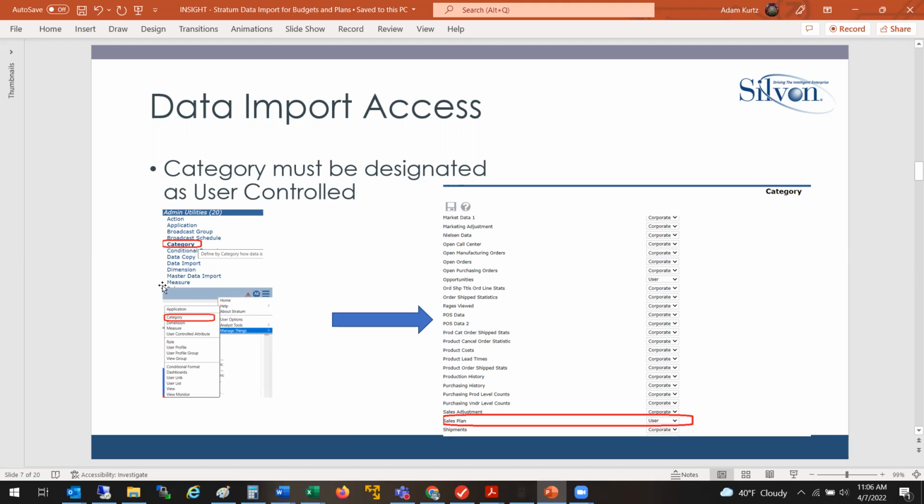If you're on anything prior to 7.3, then you go into admin utilities on the left frame menu to go to the category menu. And this allows you to manage the different categories and designate a specific category as a user controlled category. Here we have sales plan designated as a user controlled category. And that's the one I'll be using for our example today,